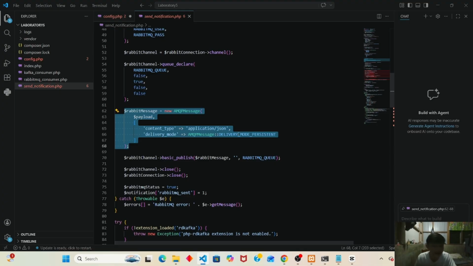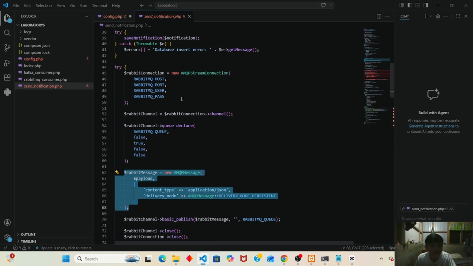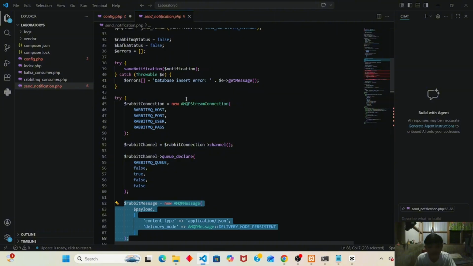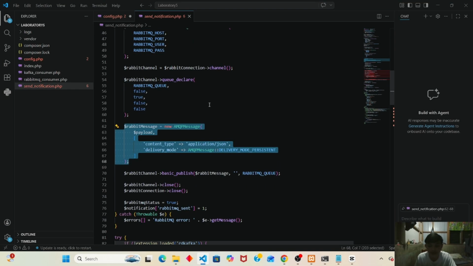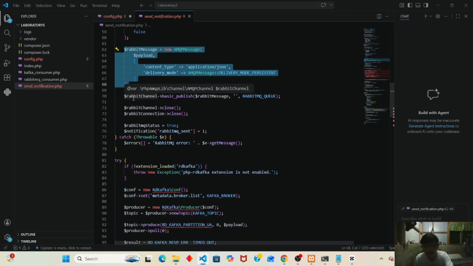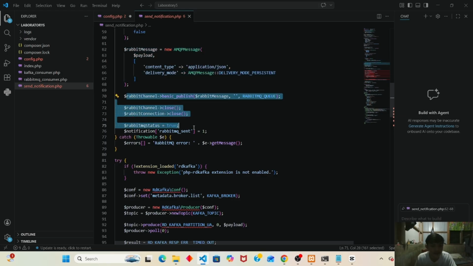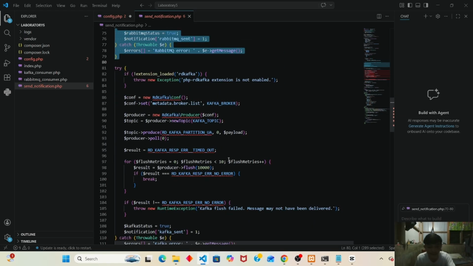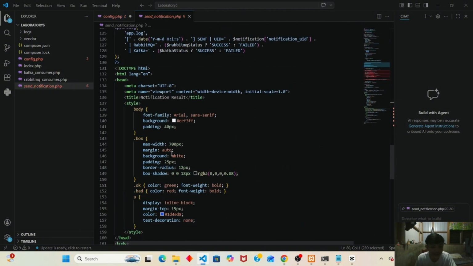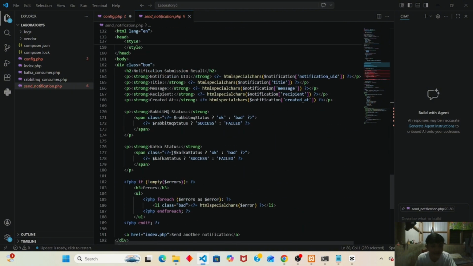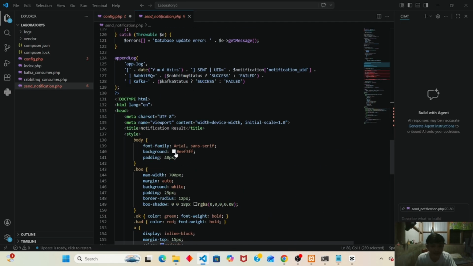This connects to Kafka, sends the message topic, polls, and flushes producers to ensure delivery and update logs, status, or logs errors. Update delivery flags. Okay. And the logging. So that is the insides of the send notification.php.